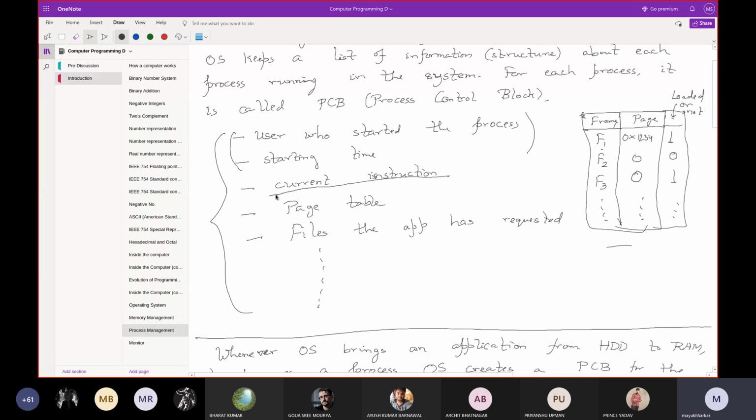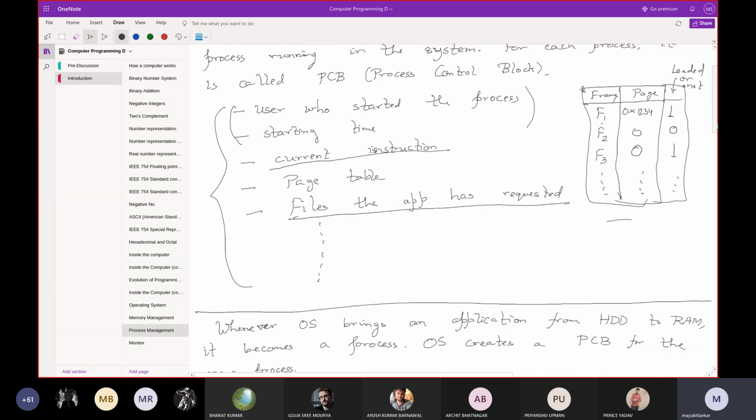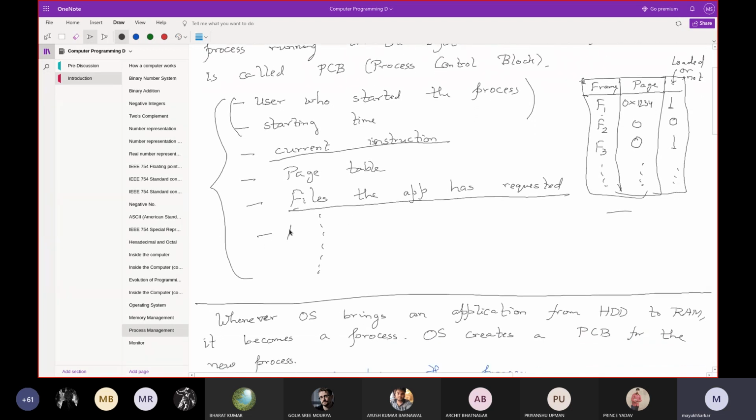These two are there as metadata, that means always fixed information about the process. Otherwise, all other information, if it has already requested some new file but got switched even before that file got opened, obviously that request will be stored here, right? So all information along with all register information, contents of all registers.